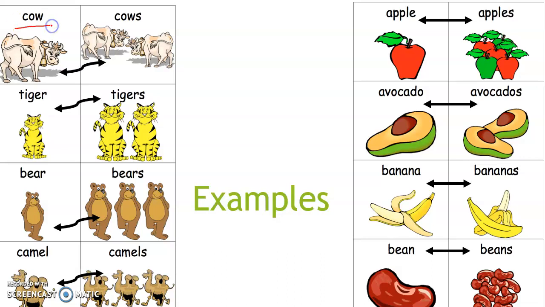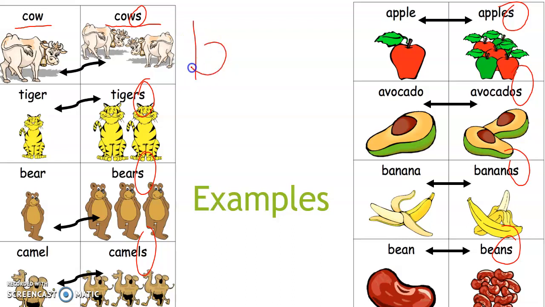Okay, can you look at this one? Look at number one first, cow. See, it's written C-O-W. But look at this one, C-O-W-S. Can you see this S with all the words over here? When we are making plural, we are adding S. This is the rule. We are going to add S when we are going to make plurals. This is the simplest rule to make plural, that we can add simply S to make a plural.